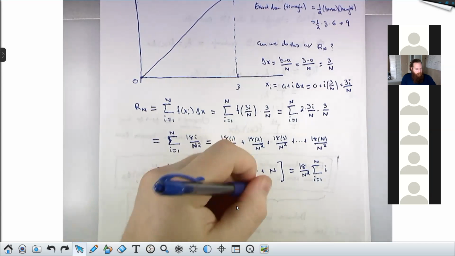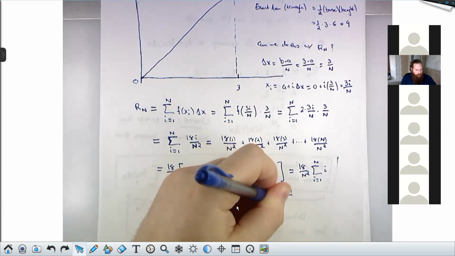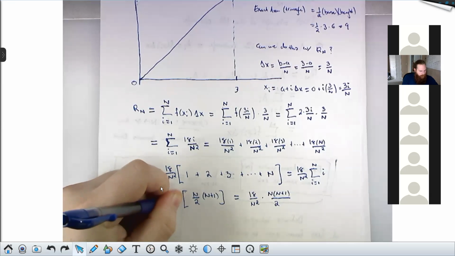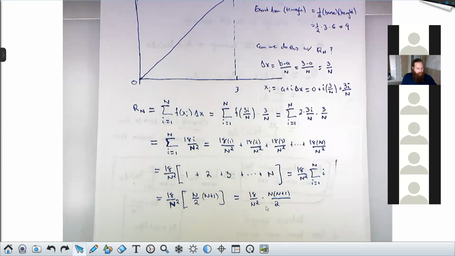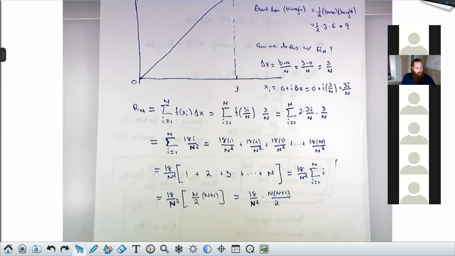So I'll go ahead and write this with the formula plugged in. N times n plus 1 over 2. These two n's downstairs we're multiplying, so we get an n squared downstairs. So just come back here, n squared, each of these, n squared. So we're not factoring 18 over n out, we're factoring 18 over n squared out. So this is an 18 over n squared, 18 over n squared. So this piece is 18 over n squared times n plus 1 over 2.